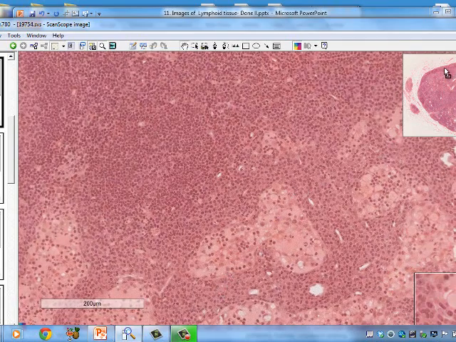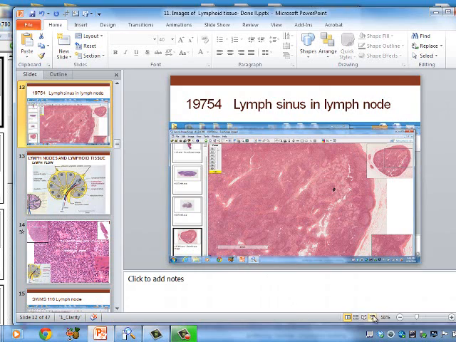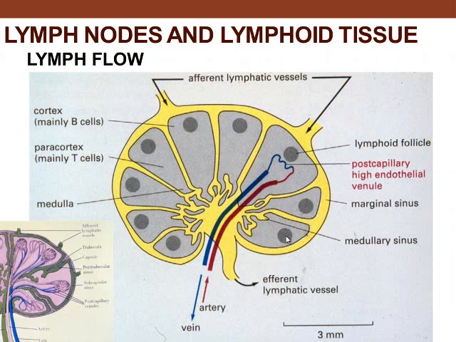So you have capsule, cortex, medulla, and these lymphatic sinuses are going to drain out through the hilus region. So if we look again at the lymph node, we can see where you have afferents and then efferents going in through there. Artery and vein goes in right in through there,